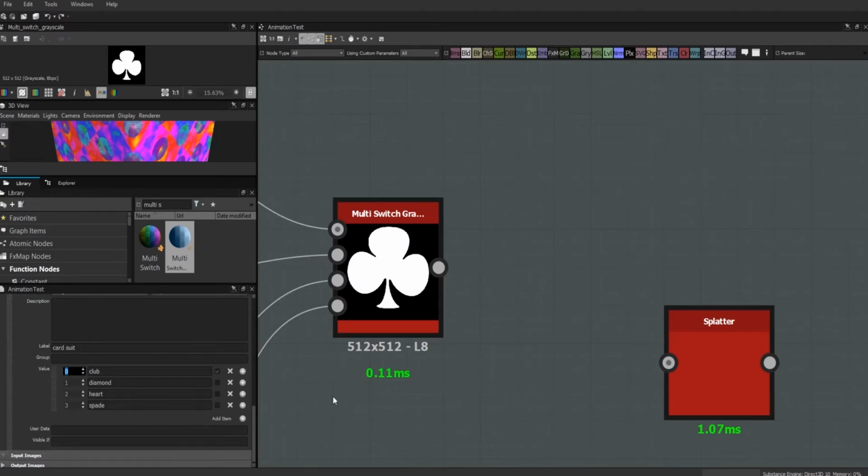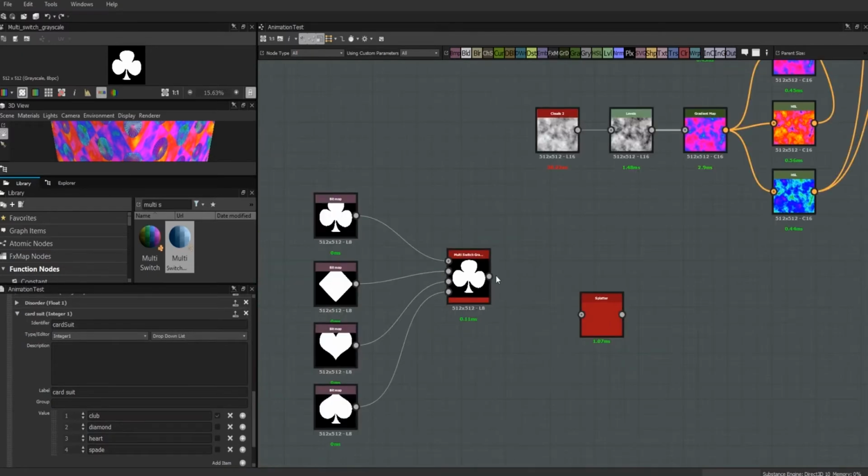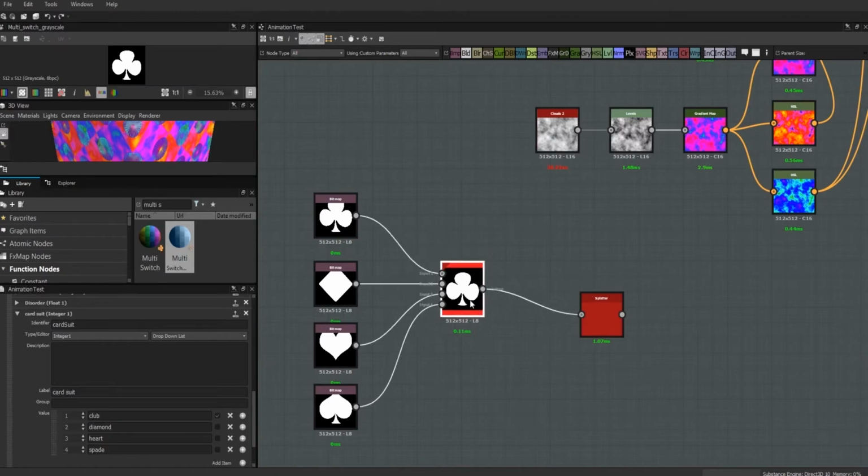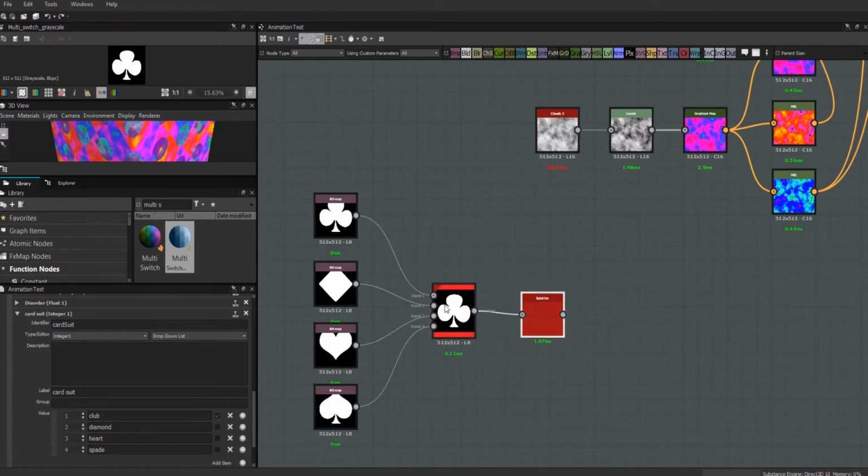I'm going to put in the number 1 here, and you'll notice I'm getting a warning sign because these do have to be unique values. But that's okay, because as I go down the line, it's just going to not be happy until I give everything a unique number. Now it's going to correspond correctly. And we can just take this and plug it into our Splatter node. And now we can begin to apply whatever dynamic functions we put in here to the thing that has been